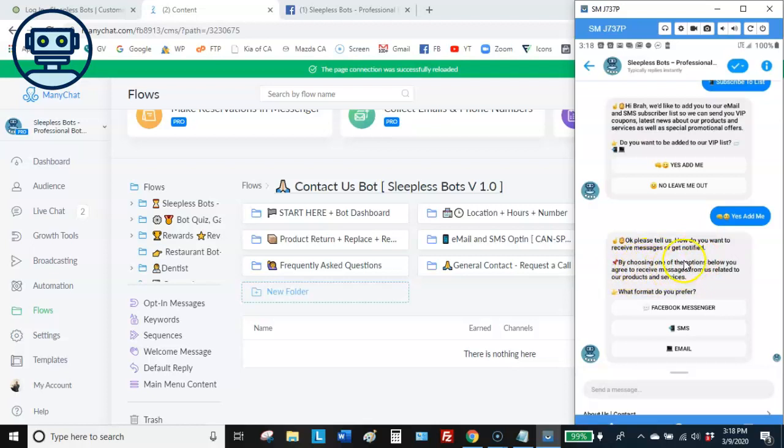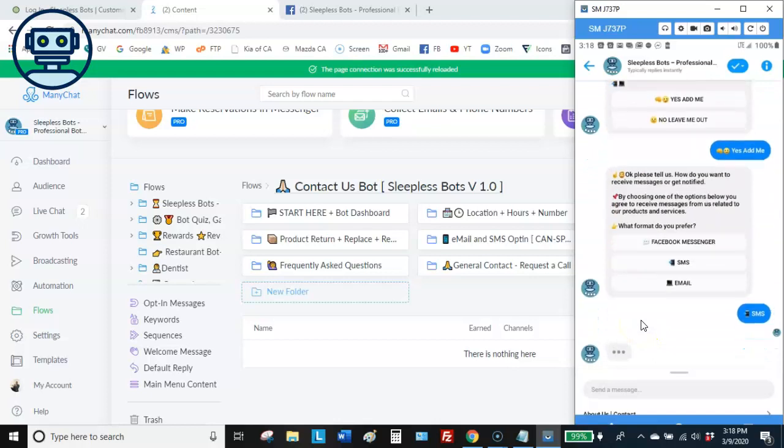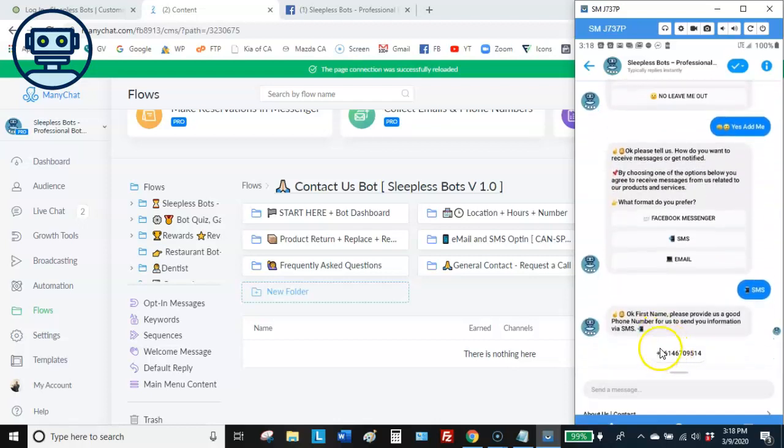Okay, by choosing one of these options below, you agree to receive messages from us related to our products and services. Okay, again, we're going through the verification just to make sure they give you that permission. Okay, so this was sort of like a preliminary stage, again, in a way asking them to verify. All right, so they could choose how they want to be notified. Okay, so if they say, you know what, I like SMS, when they choose SMS, we're gonna ask them to provide the number where they want to receive the SMS. So once they provide that,